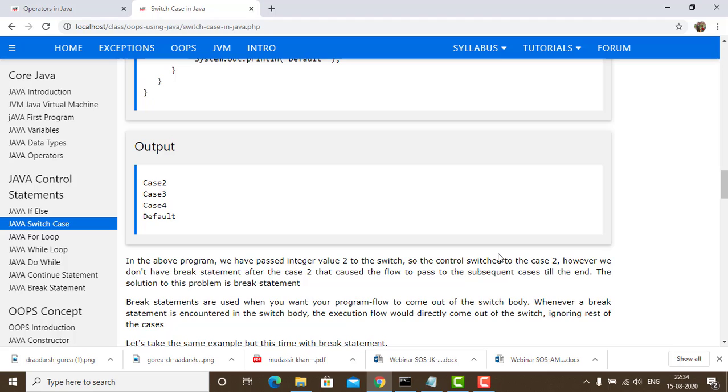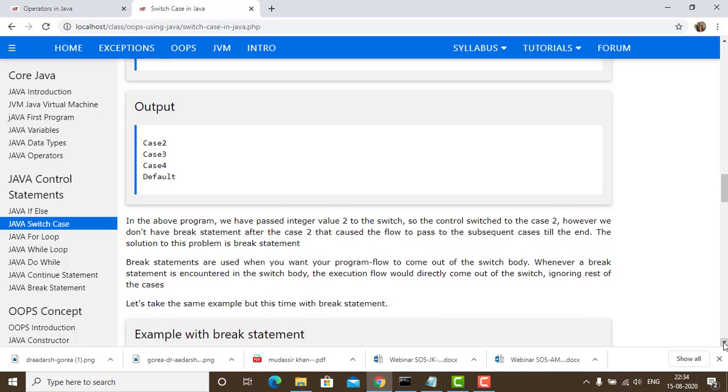In the above program, since we have passed the integer value 2 to the switch, the control switches to case 2. However, if we don't break after case 2, the flow passes to the subsequent cases till the end. The solution to this problem is the break statement.